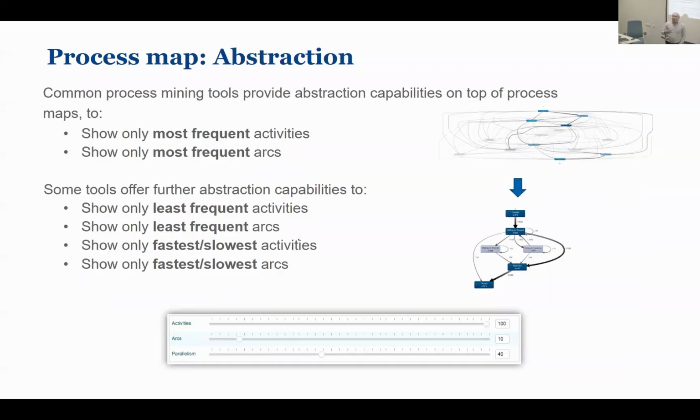And process mining tools offer you the possibility of adjusting the level of detail of your process map so that you can get something that you can understand and analyze, by showing only the most frequent activities and/or the most frequent arcs and dropping the most infrequent ones. But you can also do it the other way around, and decide that you want to drop the most frequent activities and the most frequent edges, and only focus on the most infrequent ones because you are looking for some anomalies, for example. So I'm going to show you how that looks in a tool,